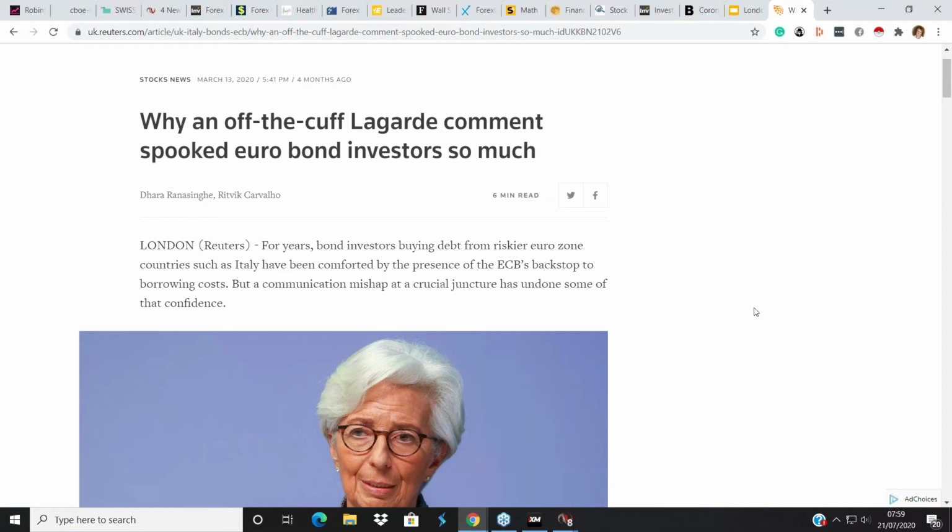So if you want to know whether the euro is going to survive ultimately, and what is really driving it, it's politics. That politics is also reflected in the bond market. The fate of the euro is in the bond market. The euro is only as strong as its weakest link. The weakest link at the moment is considered to be Italy. So you really have to look at the politics, keep up to date with what the Italians are up to.